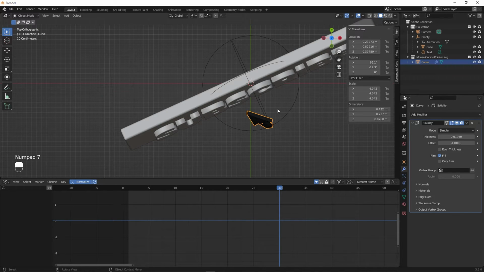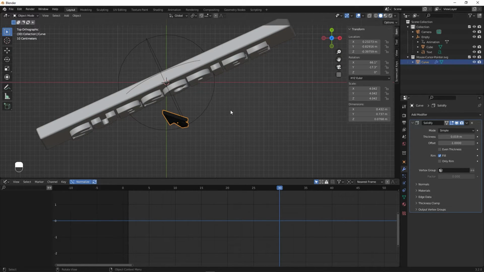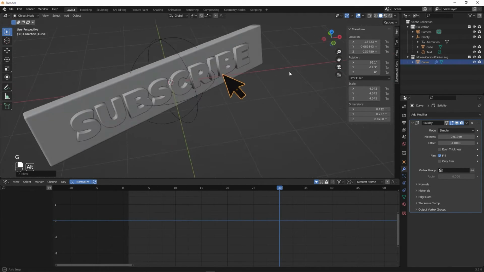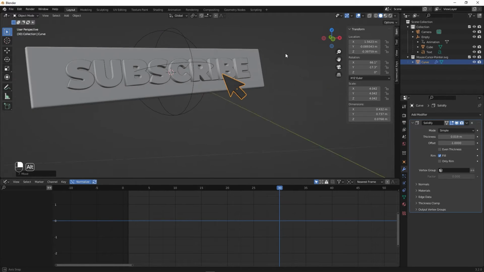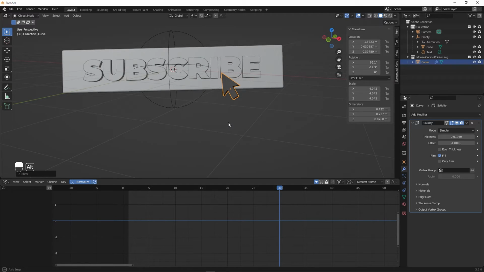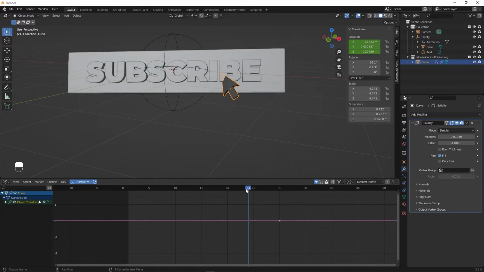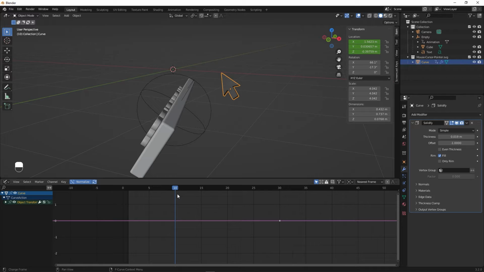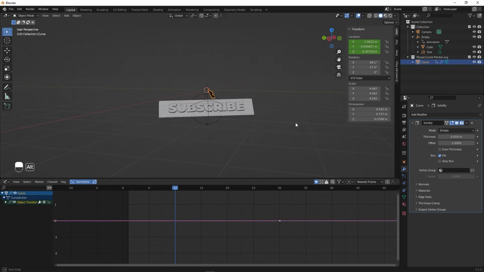You can also press numpad 7, and you can do this from the top view, something like this. So here you can see our cursor is somewhere around here. Perfect. So once you're happy with this, we can select this and you can press I to add keyframe for location, and after that you can just move it somewhere around, let's say 10,